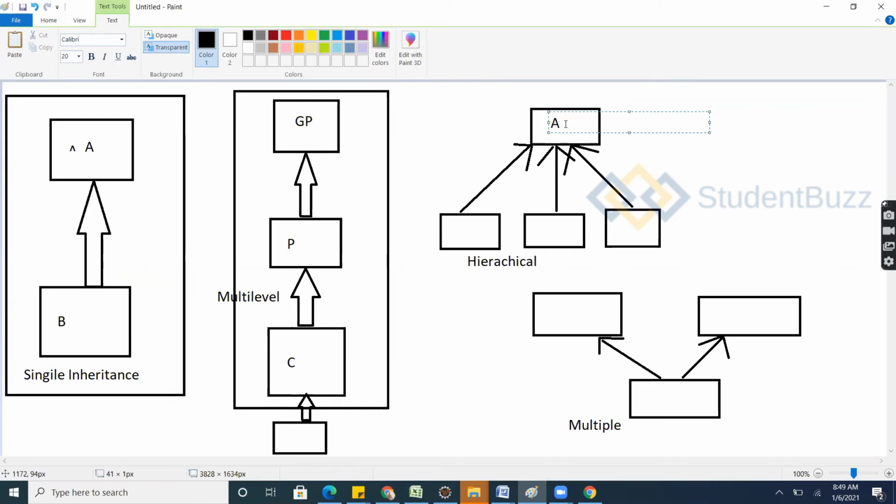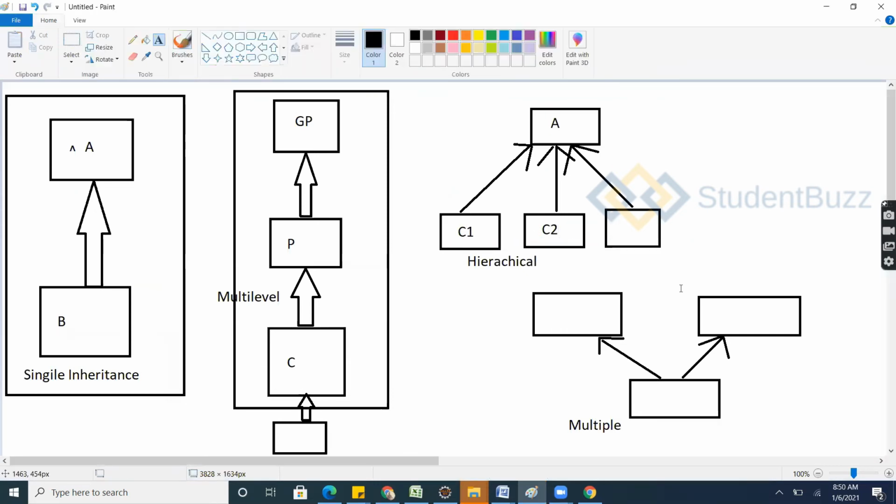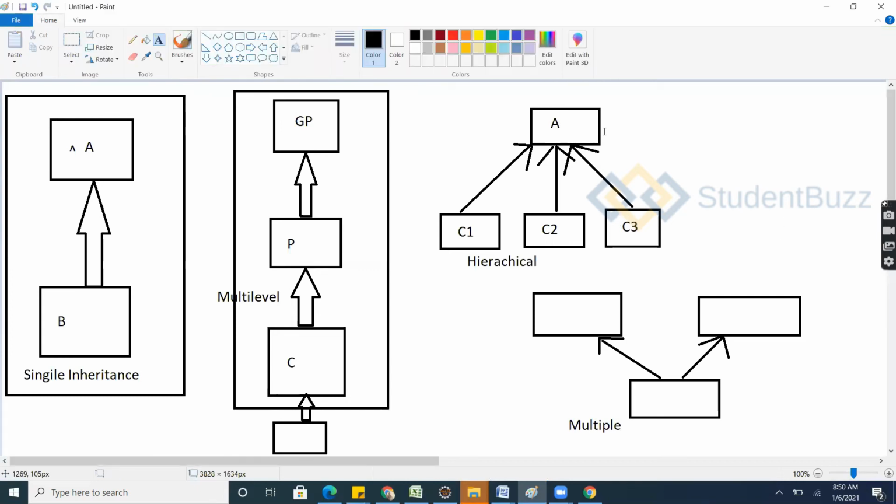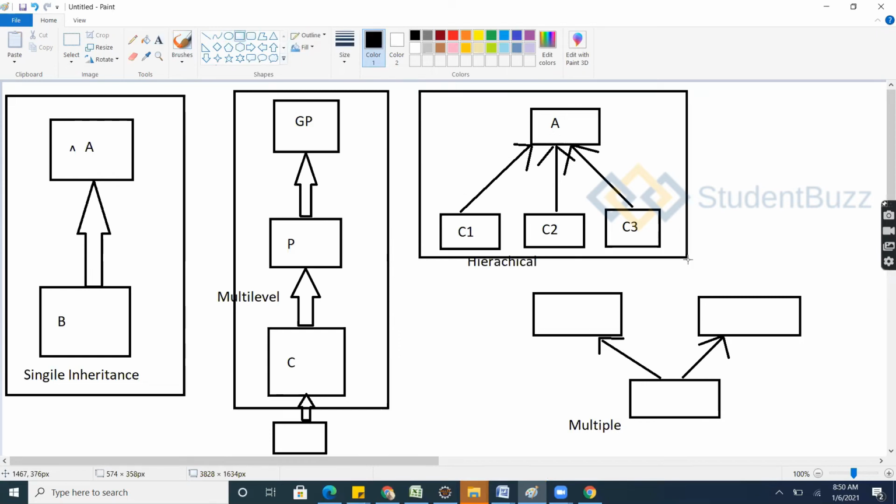Parent can extend child 1, child 2, and child 3. Whatever things the parent is having, the three childs have permission to access it. Whatever permission child 1 has, child 2 will have the same permission, child 3 also will have the same permission.